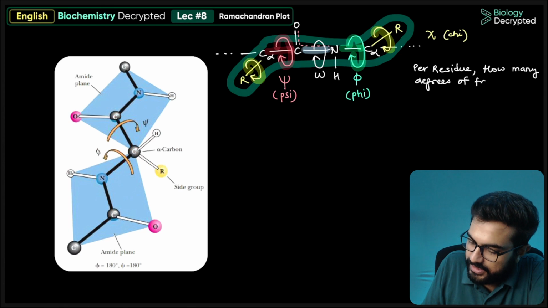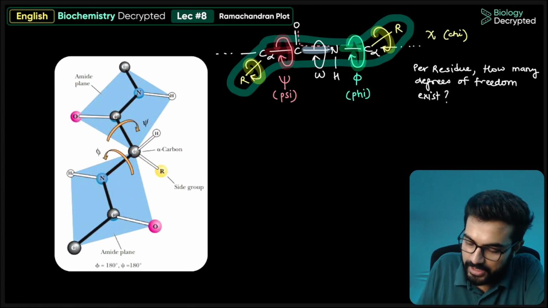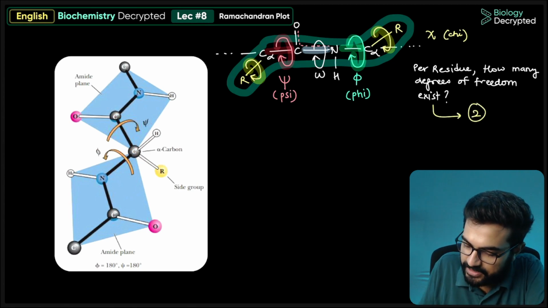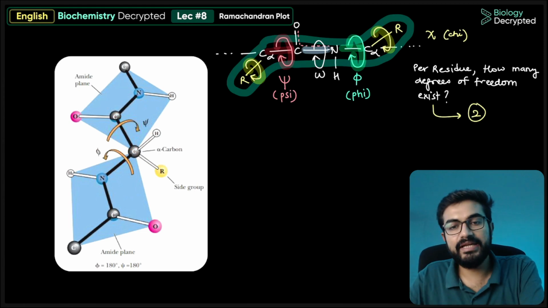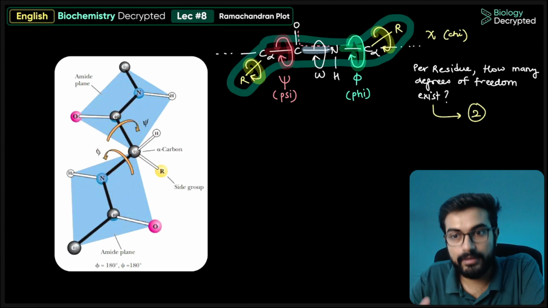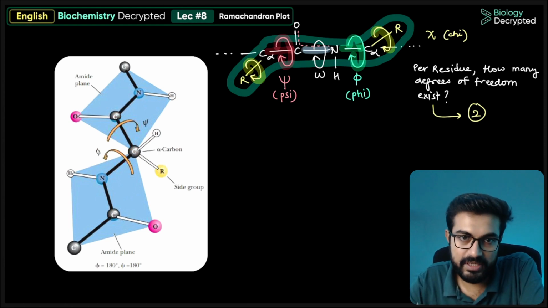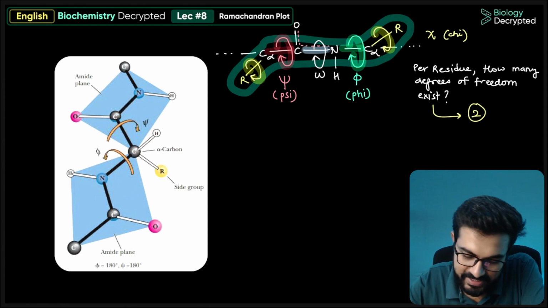For example, if we have this particular question, our clear answer will be 2. There are 2 degrees of freedom because there are 2 such bonds per residue. Because per residue, if you see, there will be 2 such bonds which are involved, because this is an example